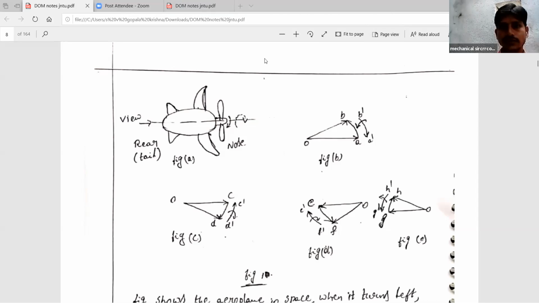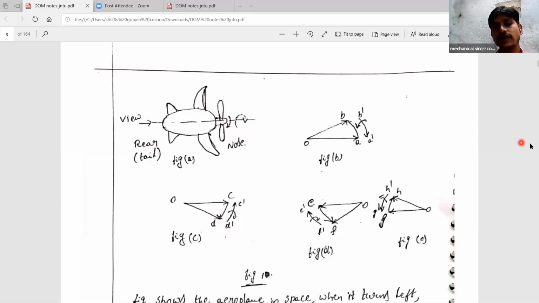So, spotlight. The direction of rotation of our propeller is this direction. When the observer comes to the nose side, the propeller rotates in this direction, and the plane takes a left turn. When the observer shifted position from rear to nose, the plane is still turning left, always left, this side. Again, it may also go this side, and the plane takes a left turn.